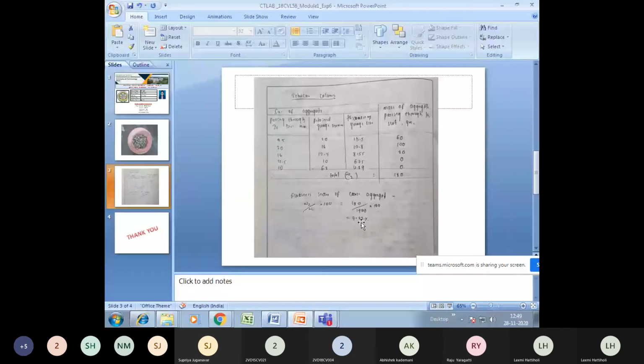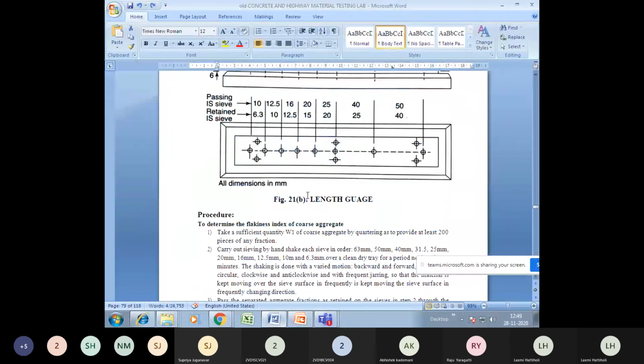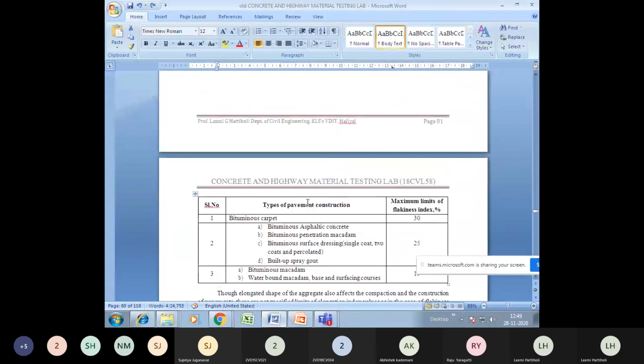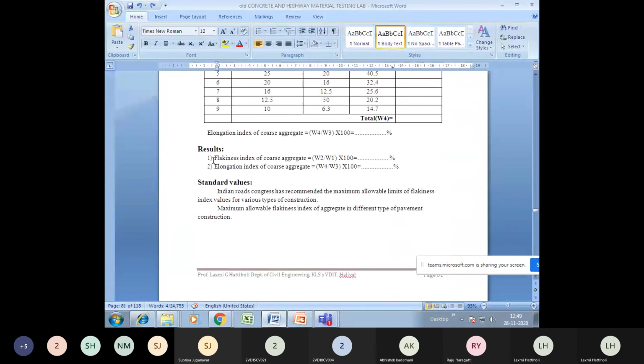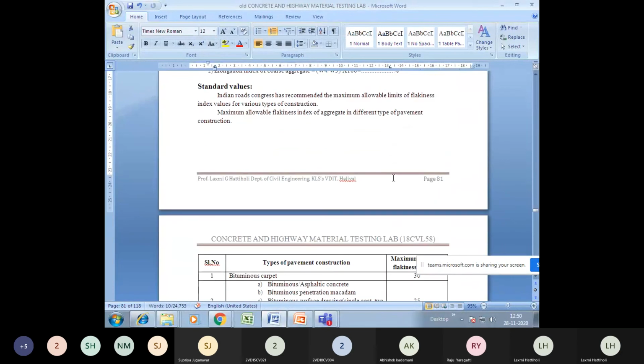Now let me tell you a few of the precautions and the application of this flakiness index. This is how you should write the result: the flakiness index of the coarse aggregate is dash percent. What's the standard value?